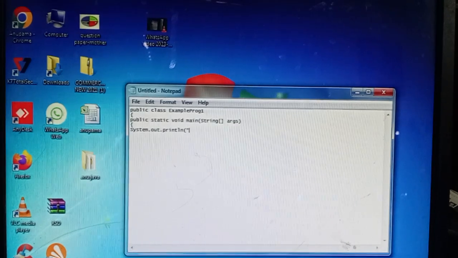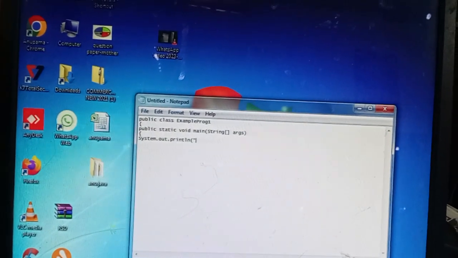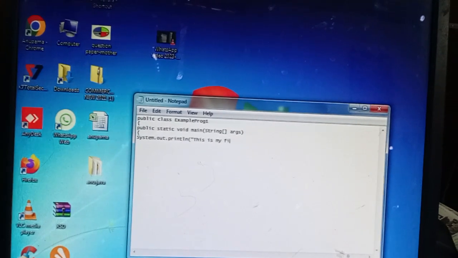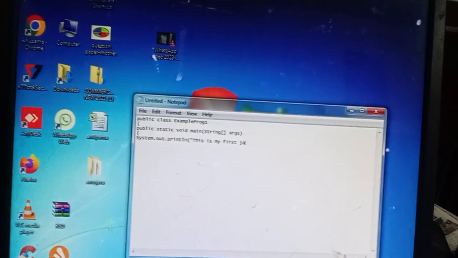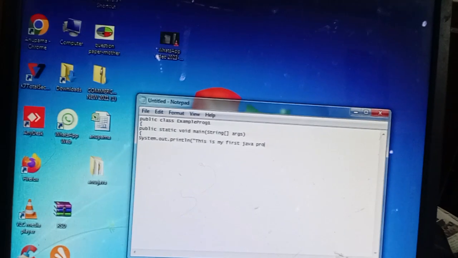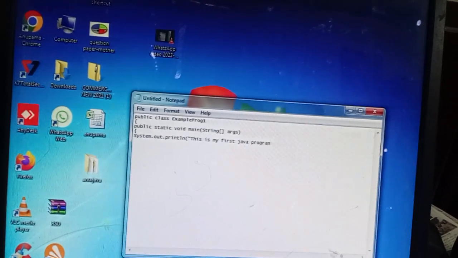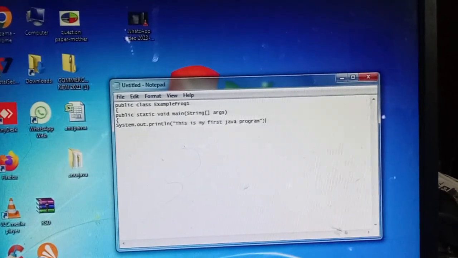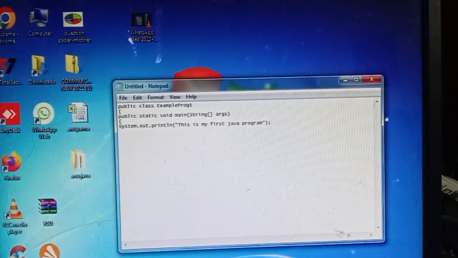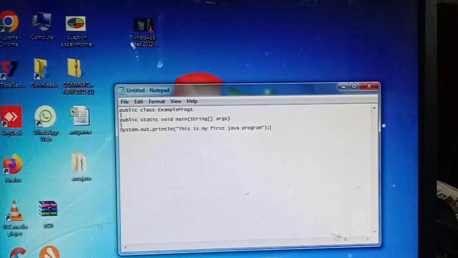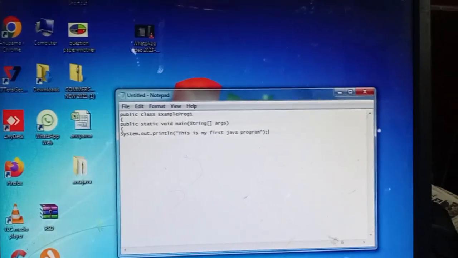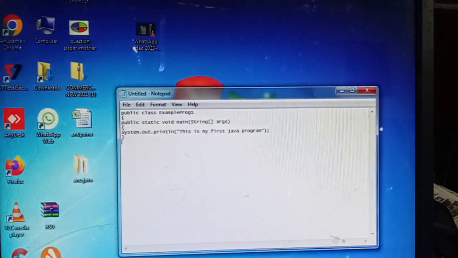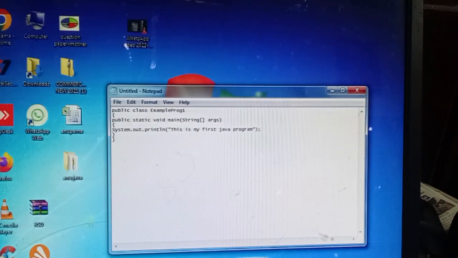So I want to write, this is my first Java program. Quotations end of the println. Semicolon must be specified after every statement within the main. Enter, and end of main curly bracket, enter, end of class curly bracket.